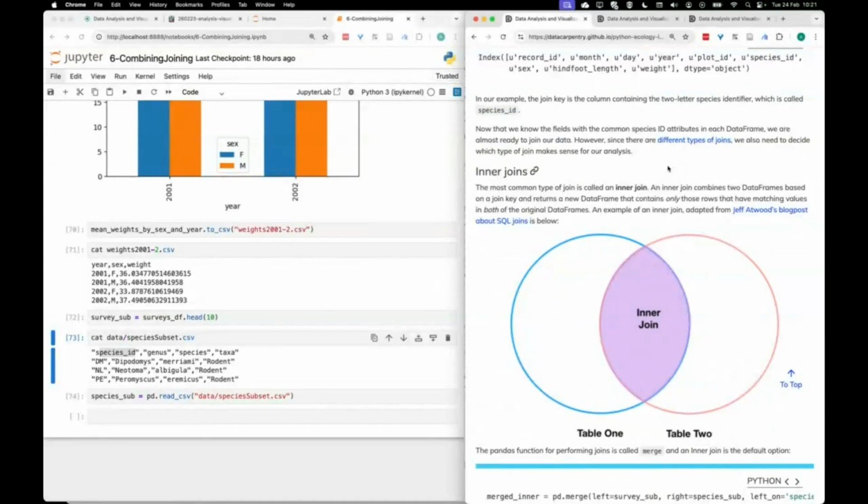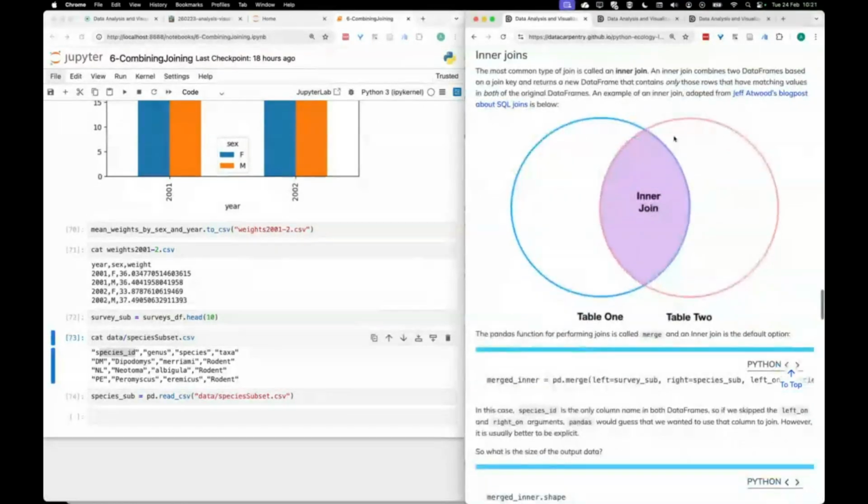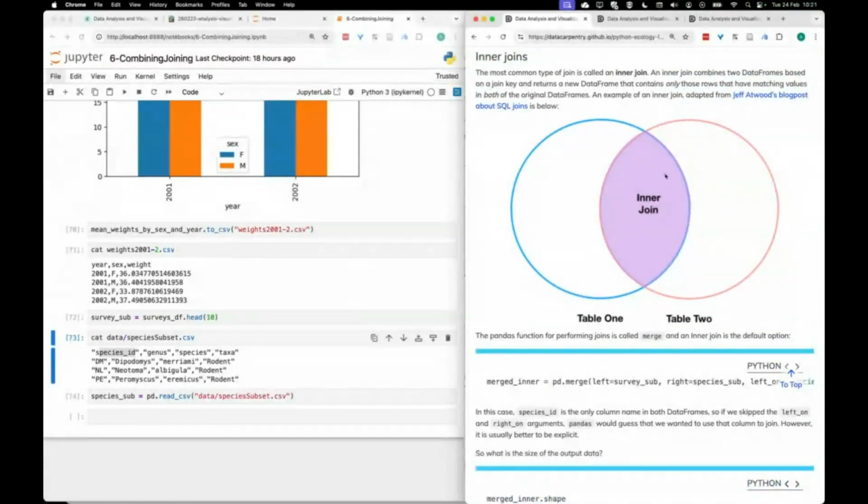Now, there are different ways to join 2 data frames. And the most common type, as it says here, is called an inner join. So the idea is if you've got 2 data frames and you're creating a new one where you're taking additional information,